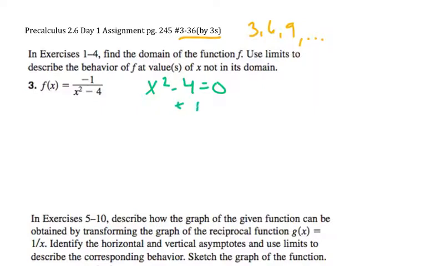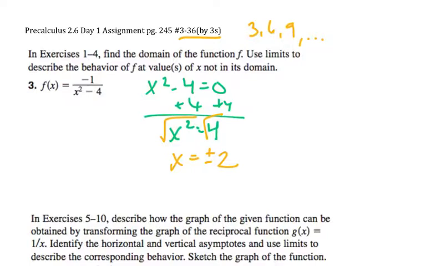So if we add a 4 to both sides, we get x squared equals 4, or the square root, which actually means a positive or a negative 2. So that means that positive 2 and negative 2, if you square them and subtract 4, you're going to get a 0, which we do not want. So we're going to use limits to describe the behavior of f at these values, because if the denominator gets a 0, that means that we actually have an asymptote at, in this case, x equals 2 and